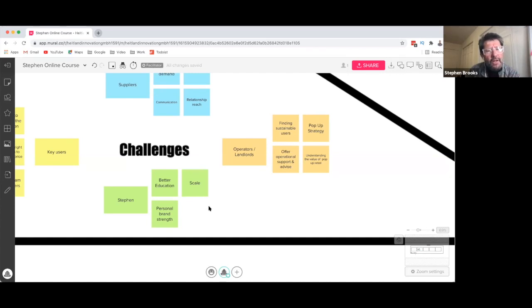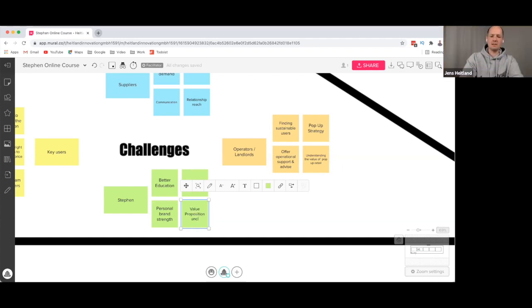The other challenge I think people don't get is the real value of what's on offer. I think there's an undervaluing of what this is about, or it's kind of like, oh yeah, but it's easy to do. I'm not sure, maybe the value proposition. Is it unclear or not? I think it is unclear, because